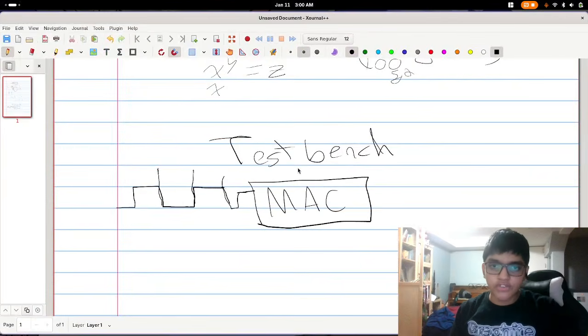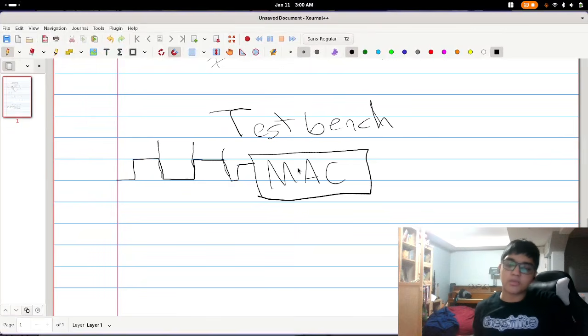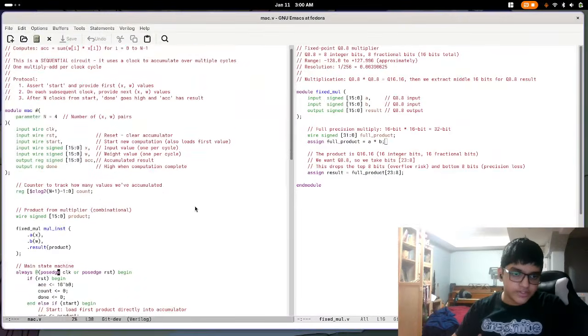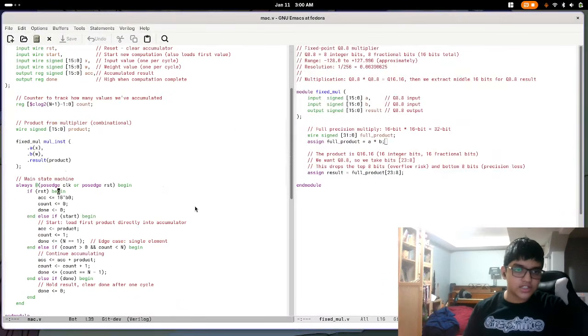Inside the multiply accumulate, this is if reset, so we can ignore that. Load first product. Basically what we're doing here is setting accumulate to be equal to accumulate plus product. So at every clock cycle, the test bench is feeding in another pair of inputs and weights,